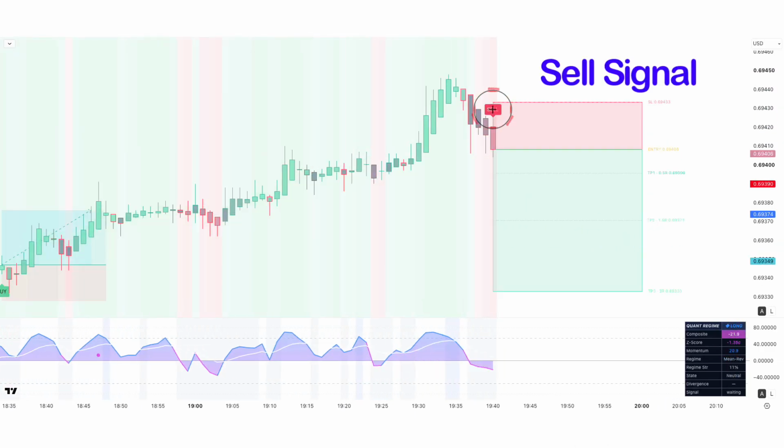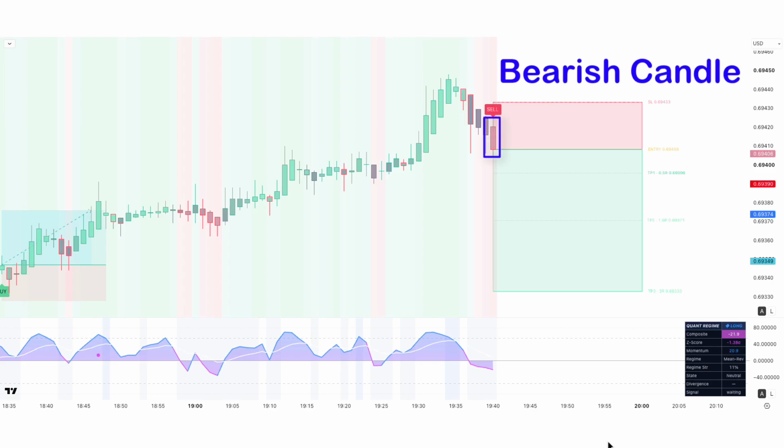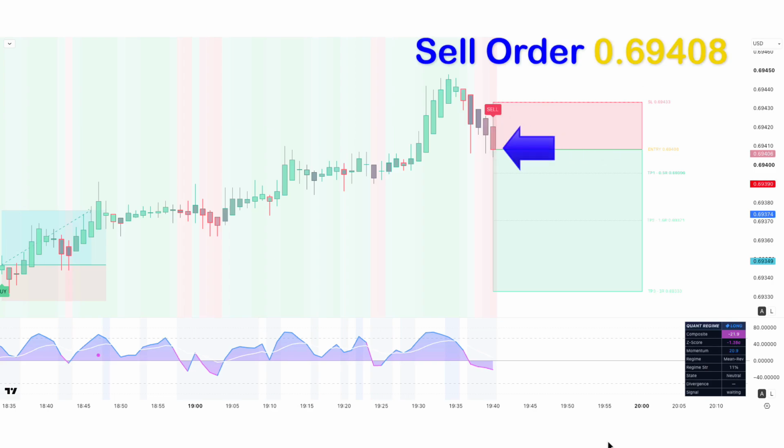Here the Quant Confluence label down shows a sell signal. Here the pink line of the Quant Regime Oscillator is below the zero line. Here the market has made a bearish candle to give confirmation. So all our conditions are being fulfilled, so we are placing an order to sell